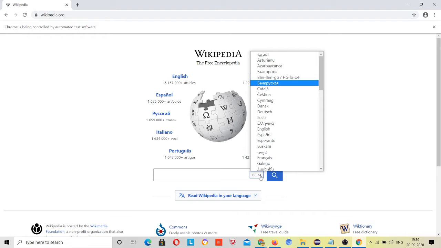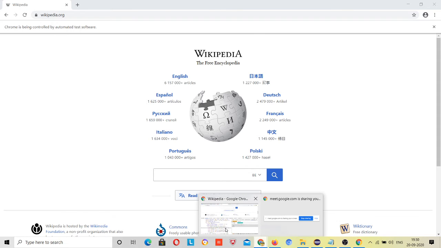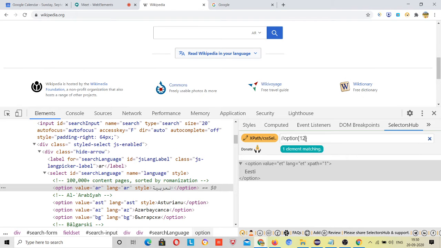See, this is selected, right? If you want to cross verify, just click on here and pass five. But this is for index 5, right?